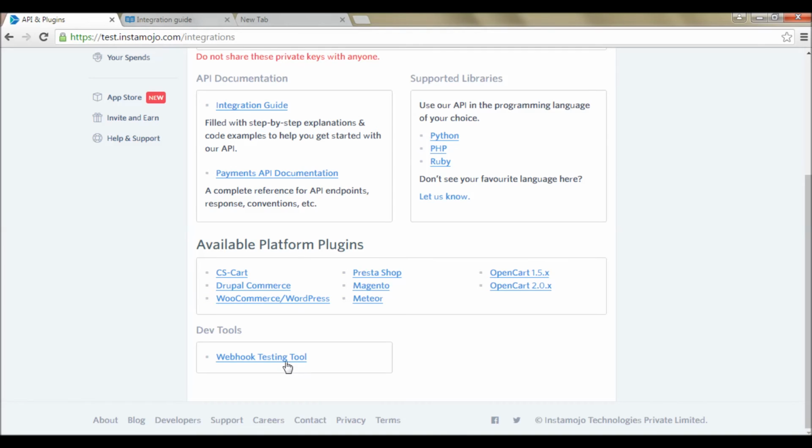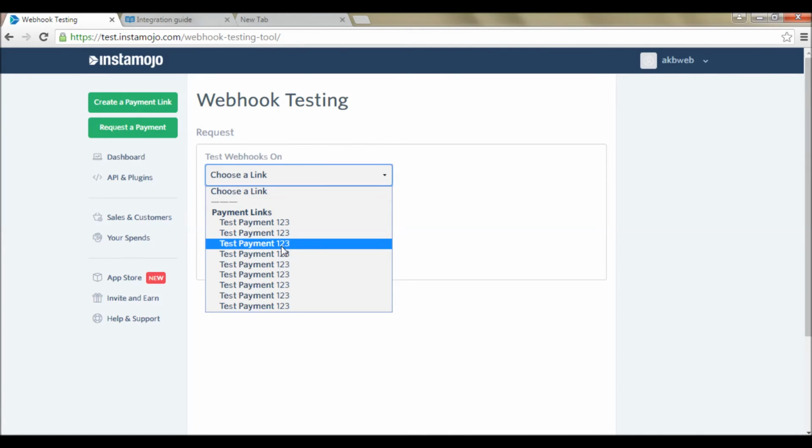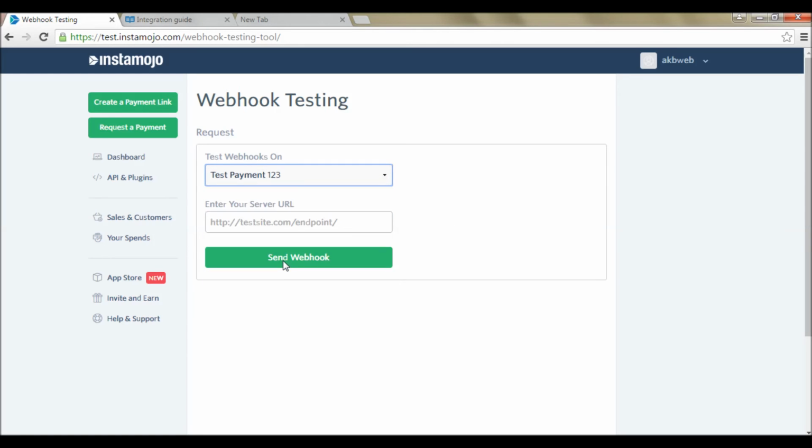requesting a payment. As soon as I click webhook testing, it produces all the payments that I have done till now. So what I can do is click any of these payments, enter my webhook URL, and that's it. I can process the request. I have created a webhook URL and entered a dummy coordinate. Just for demonstration purposes, I'll enter my webhook URL and show you what actually happens.